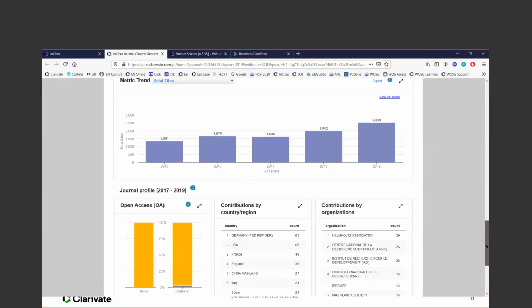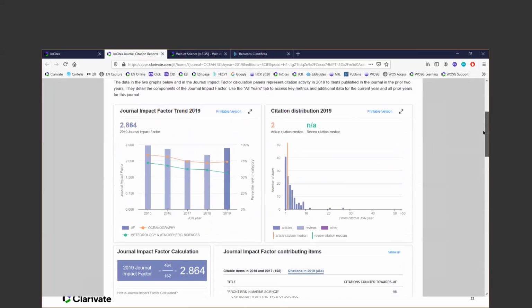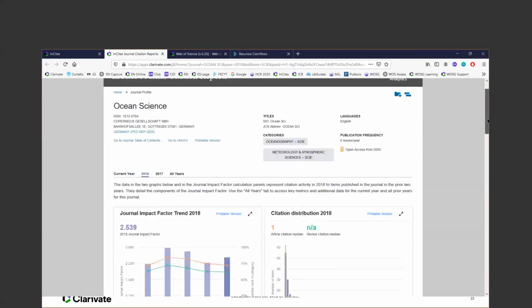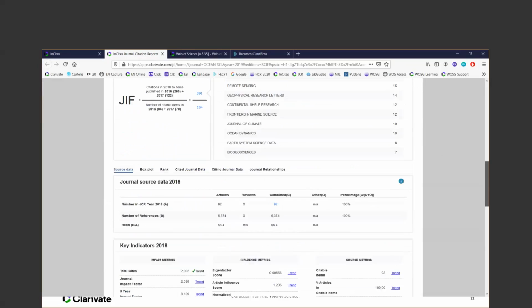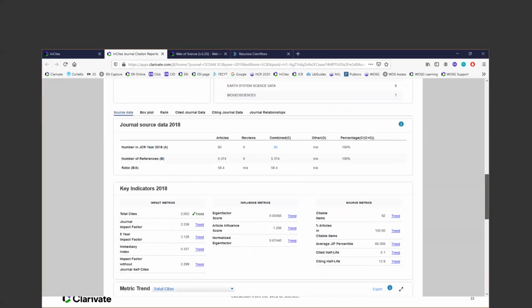We've seen more or less what I wanted to show for a profile. That's the latest version, the current version. Journal impact factor and profile for 2019. We have access to exactly the same page for the previous year, the 2 previous years. So we are going to see the same organization and the same metrics the previous year, and the same thing